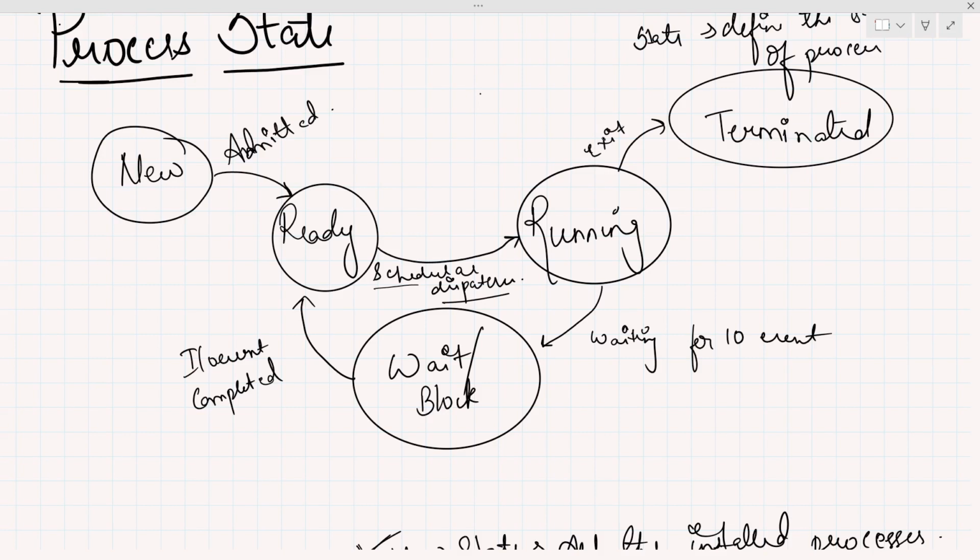So I hope you understand these things. Okay, there is one more thing. If this thing happens, this diagram is called non-preemptive process. This diagram is for the non-preemptive things. This diagram is for non-preemptive process state. You can write it like here,